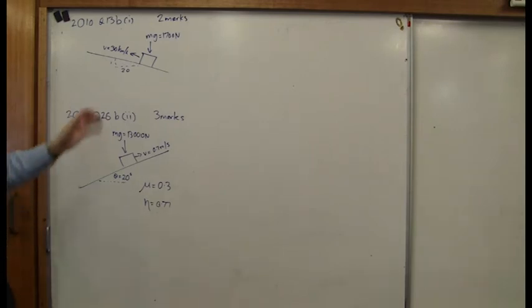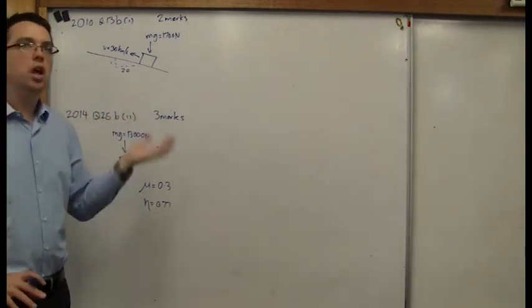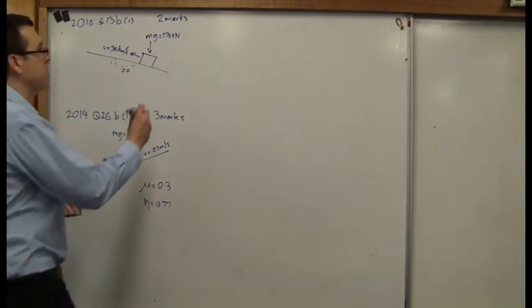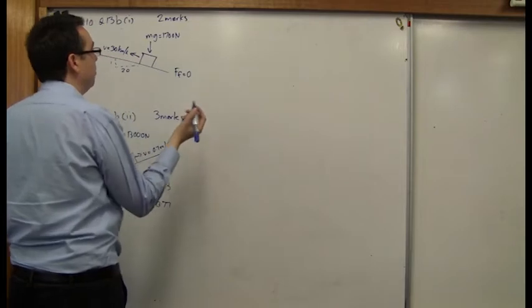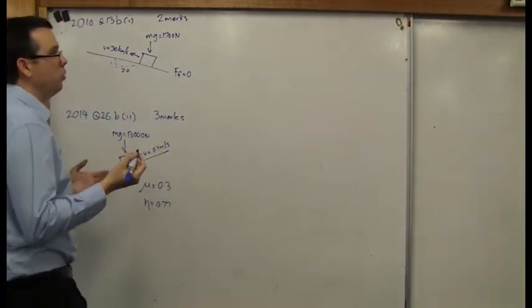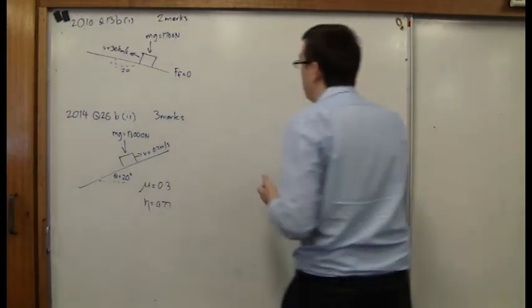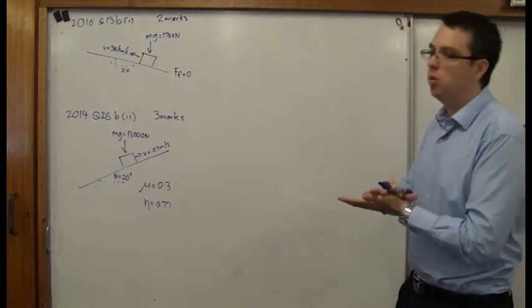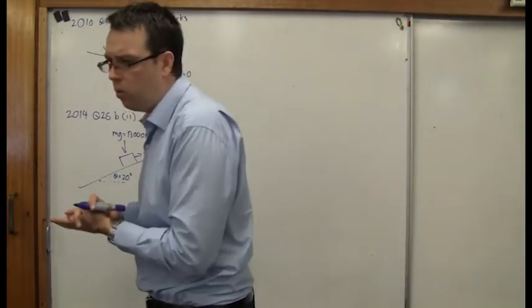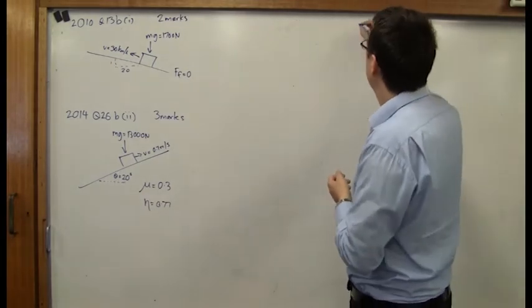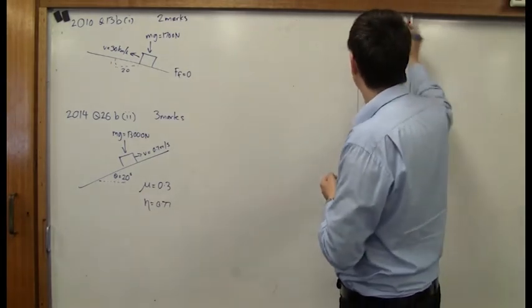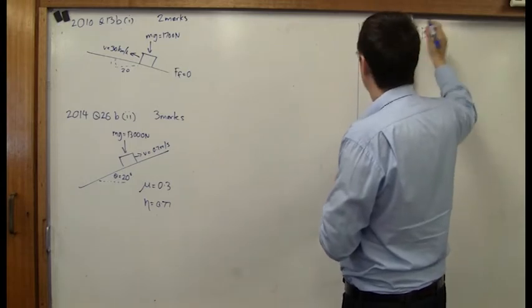Now, in this situation, they haven't told us any friction, and so if we don't know what friction is, we have to assume that our friction force is going to be 0. So what we need to do is figure out what our formula is. They're asking us to calculate the power required to maintain a constant velocity of 30 kilometers per hour. So in our data, I'm actually going to do data over